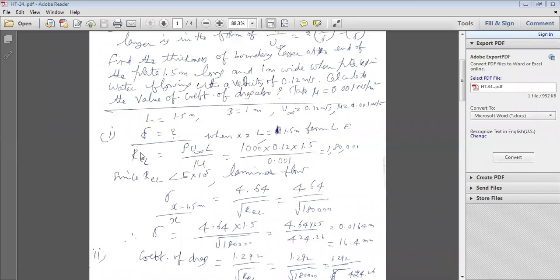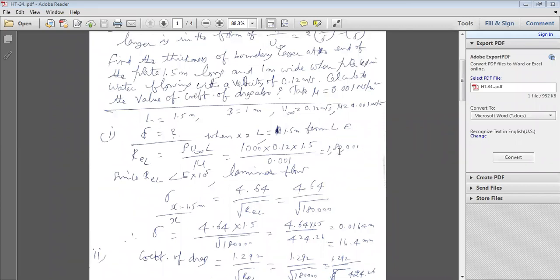Instead of Re_x, we write Re_L because we are calculating the Reynolds number at x is equal to L. After substituting the available values, density, U free stream, L divided by mu, the dynamic viscosity, the calculated Reynolds number Re_L is